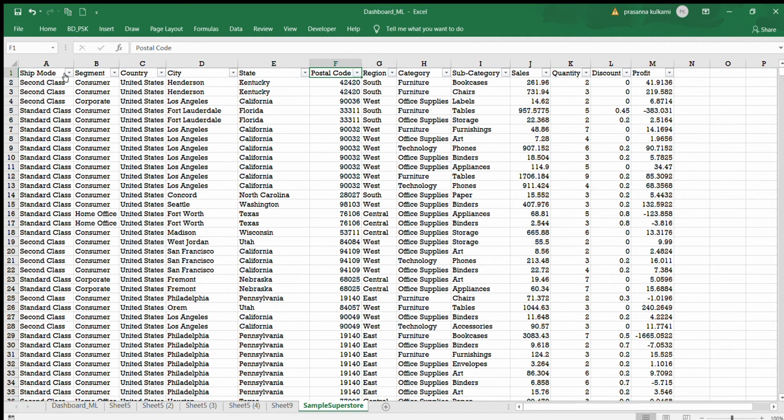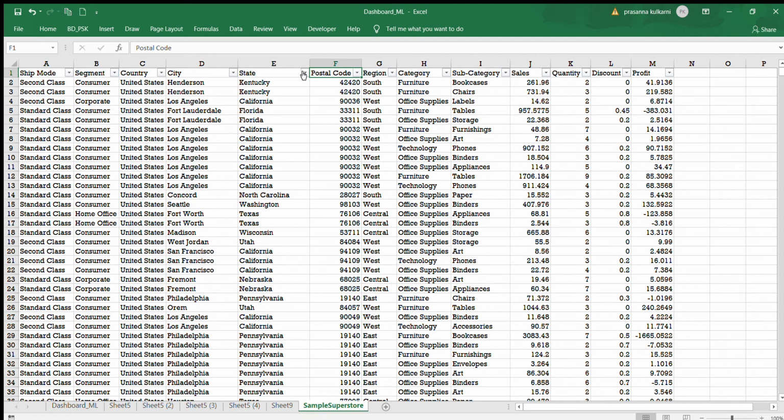Here let's talk about shipment mode. Shipment mode consists of 4 categories: first class, same day, second class, and standard class. And segment consists of consumer, corporate, and home office. This superstore supplies for these three ranges of customers, that is consumer, corporate, or home office. And this database is taken completely from the United States. That definitely infers that this superstore was located in the United States, and the cities in the United States